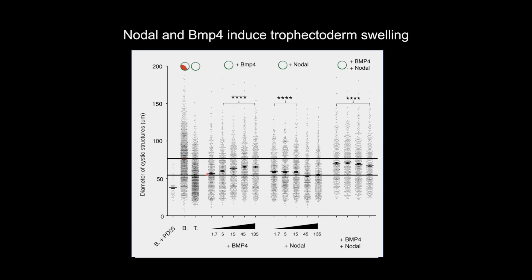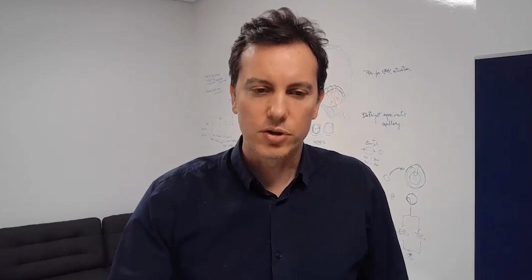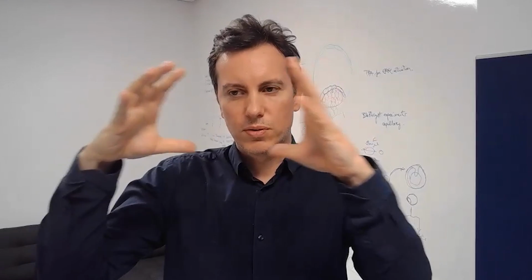And what you can see here is that the diameter is increasing quite nicely for BMP4, about 20% increase for nodal. And when you combine the two, they actually add up. The second thing that we did after looking at this is to count the number of cells in all those trophospheres. Actually, the number of cells are absolutely flat. So those molecules are not regulating proliferation of the trophoblast, but they are allowing for the structure to still increase